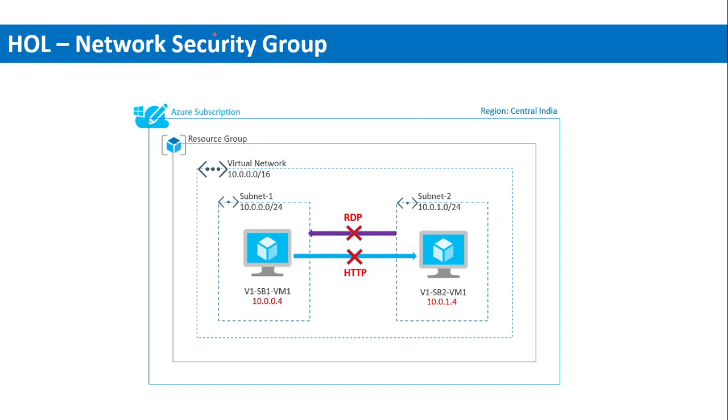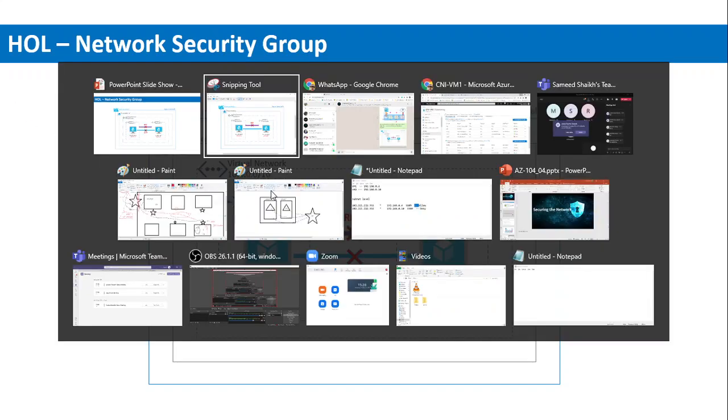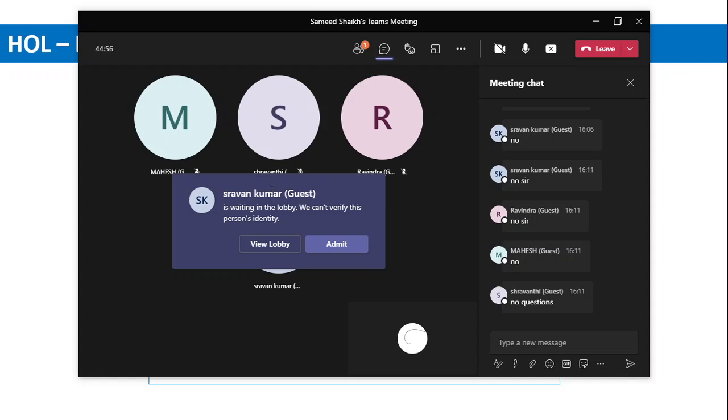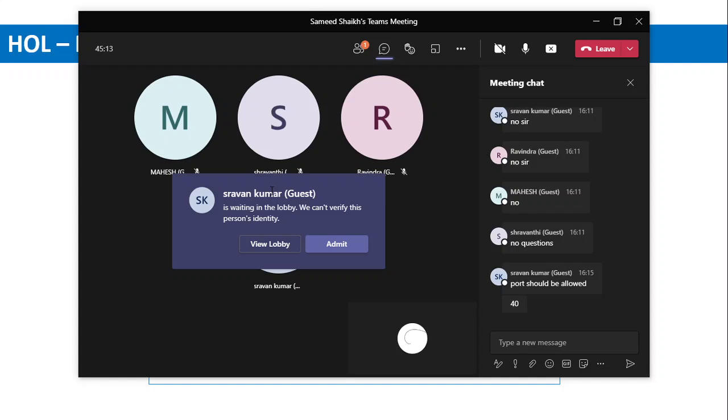Okay, I have not given it completely. How do you install IIS? How do you achieve the HTTP protocol in the virtual machine? What do you do on the virtual machine? If you want to have the HTTP protocol running on the virtual machine, what will you do, guys? Not the port. The port should be allowed, that's okay. The port will be the communication point, but let's say that